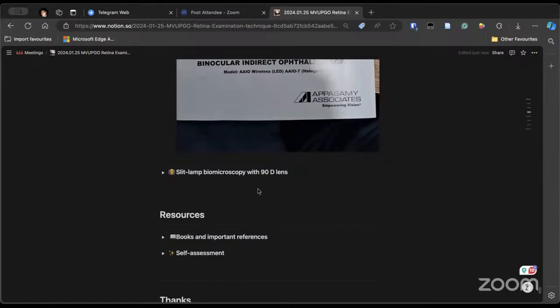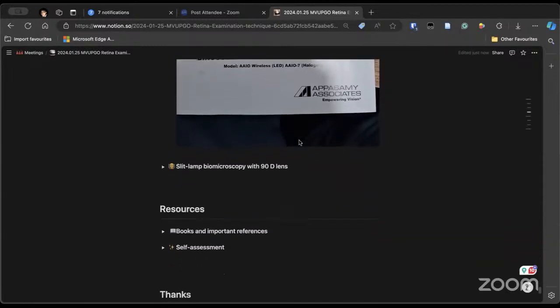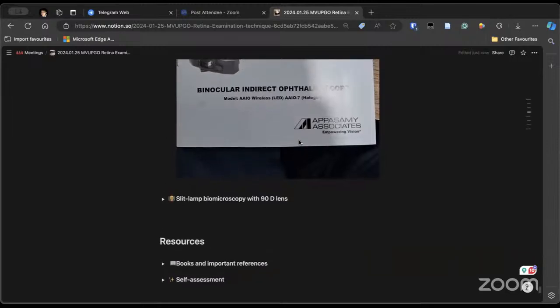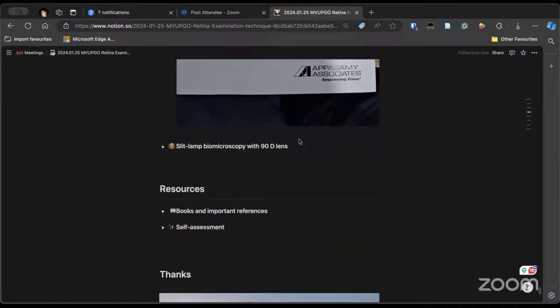Sir, you told us about examination of the vitreous. If such a question is asked, can we say direct with the +3 or +6? Yes, that is another thing. Direct with plus power can be used to examine the vitreous also. And if you are seeing through the slit lamp in a vitrectomized eye, there will be less vitreous in the mid vitreous cavity. There will be fluid. That will also give you clues on what has happened.